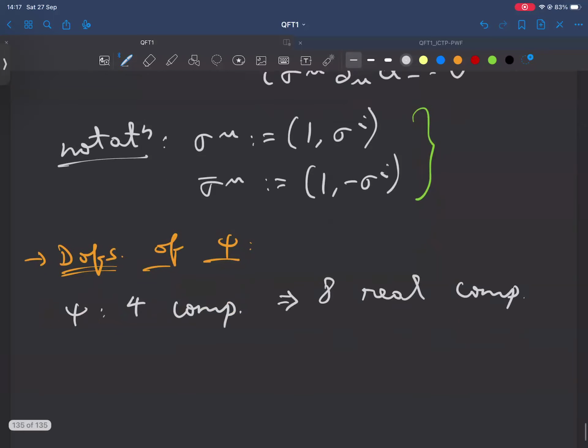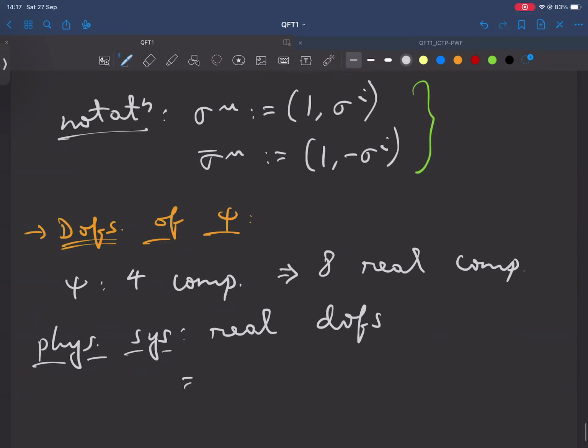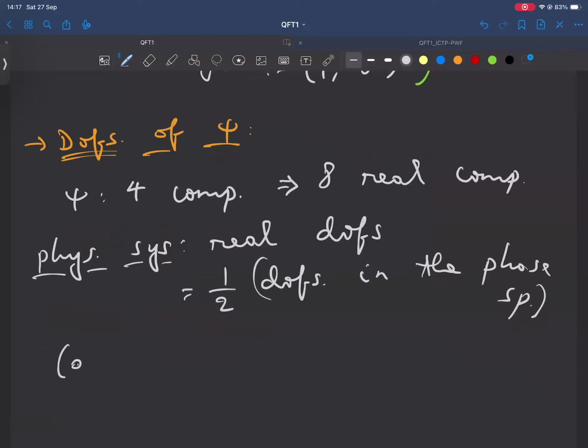In a physical system, the way you compute real degrees of freedom is essentially half the degrees of freedom in the phase space. What do I mean by that? Let's say you looked at any classical mechanics